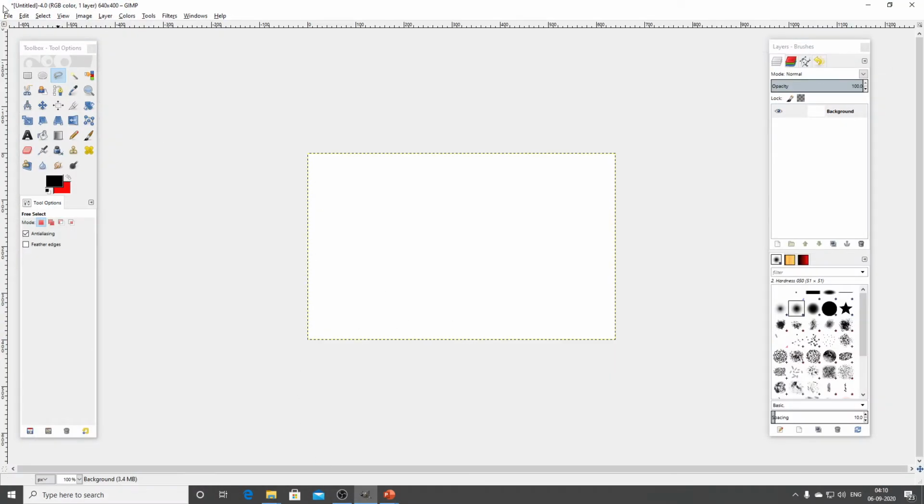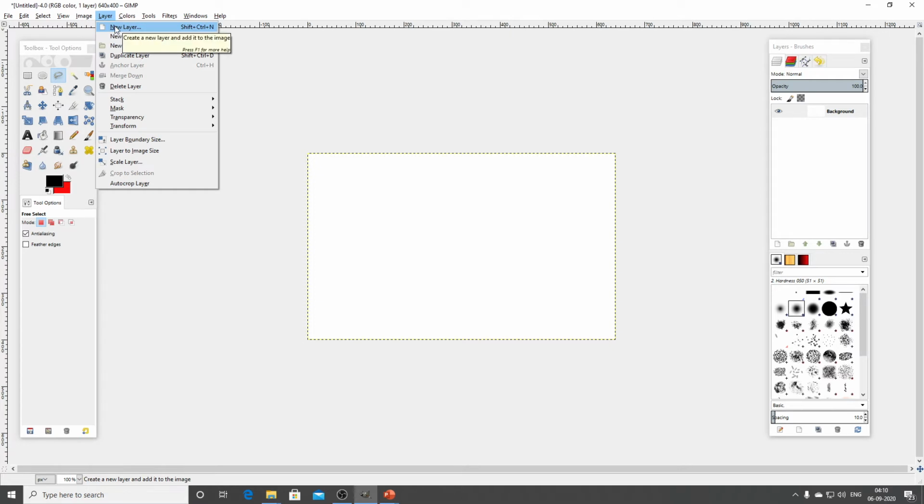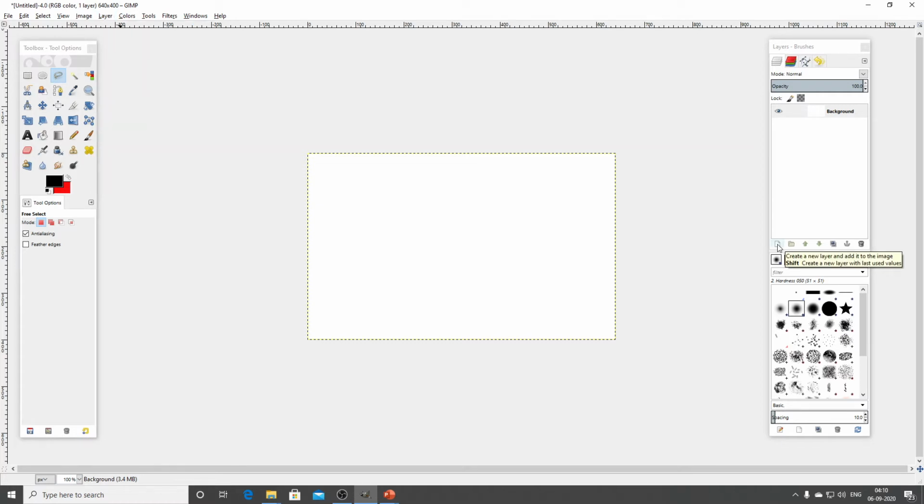So this is the canvas portion. Now we are going to add a layer. This is the layer pane. I have enabled the layer pane. First, this icon is called the new layer icon. If you click it, a layer is added automatically. Otherwise, you can move to the Layer menu and click the New Layer option like this. For example, I just click the new layer icon.